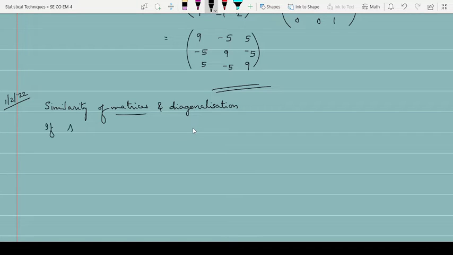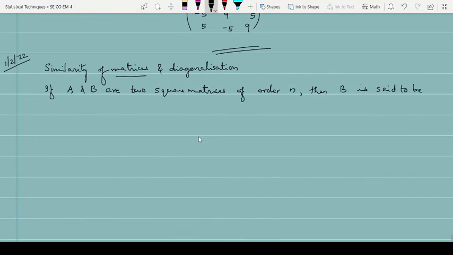If A and B are two square matrices of order n, then another matrix B is said to be similar to A if there exists